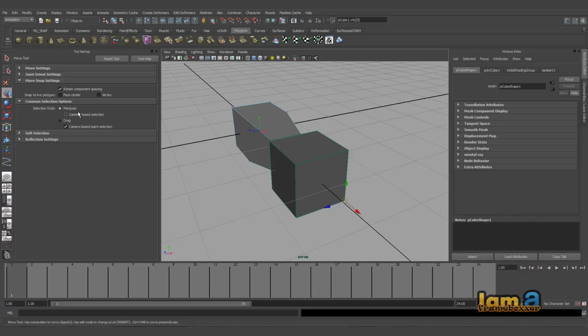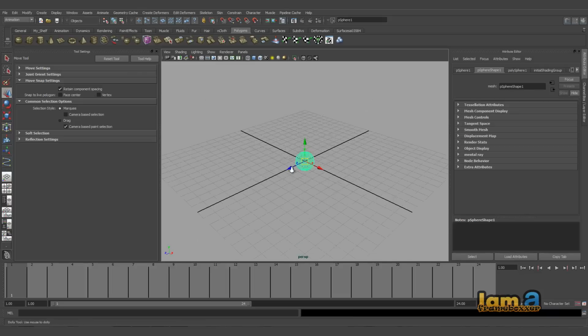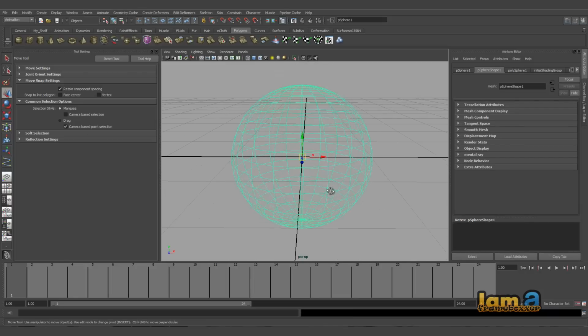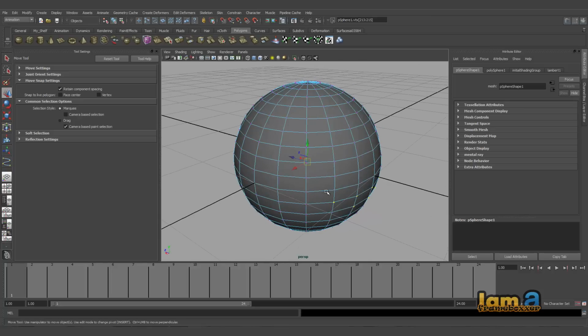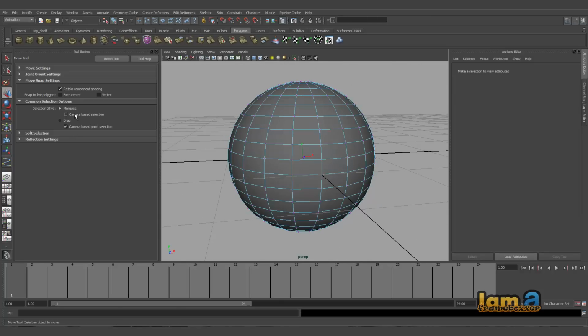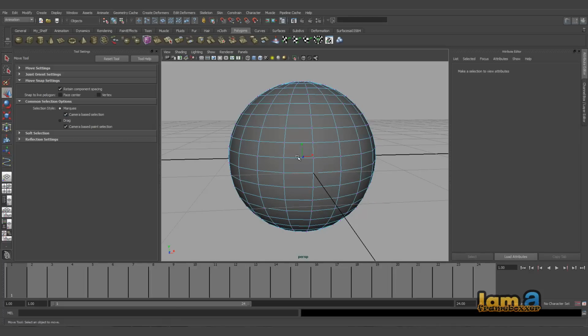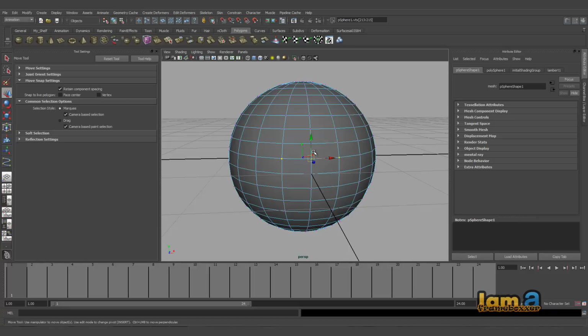And then you have common selection options. One is marquee, and then you have, okay, let's go to a new scene. Let's take up a sphere. Very, very useful option while modeling. Now let's say you have a face and you start modeling, and you choose these vertices here, drag and select, immediately you will see the vertices behind also getting selected, right? Now if you keep camera based selection on and drag this, you will see only this vertex is on. So it's based on the camera, it doesn't calculate the back face. Of course you can do this from the attribute editor.